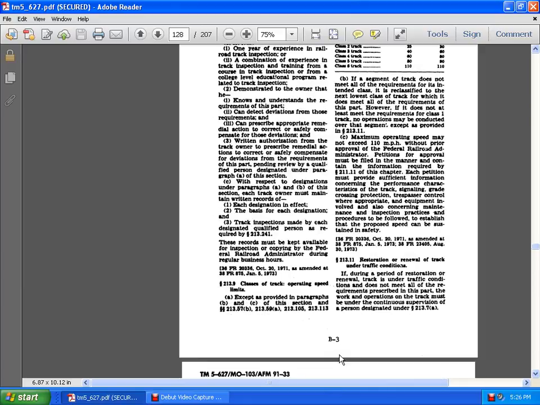Title 34 FR 20336, October 20th, 1971, amended at 38 FR 875,